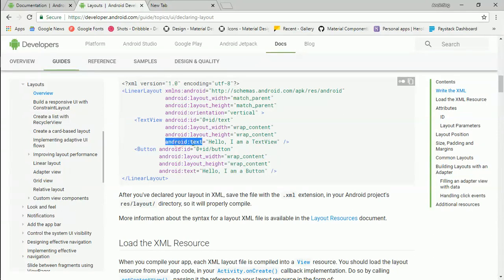So you have Android, you have text, and because this is a text view, the text I'm trying to create here is "Hello, I am a text view." So this is what people will see. The wrap content means